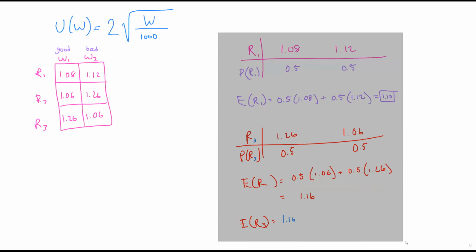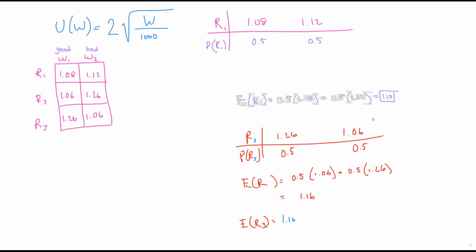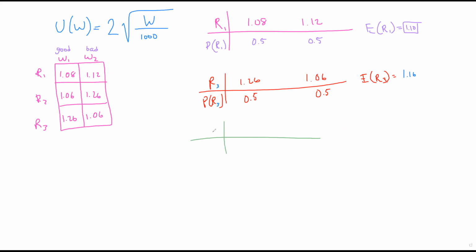Let's get rid of all this. Part B, show that the standard deviation of R2 is equal to the standard deviation of R3. Okay, so now we want to find the standard deviation. So I probably shouldn't have deleted these. Let's go and find these standard deviations. I'm just going to clean things up a bit to make my tables easier to work with. Okay, let's start with the expected value. Remember, the way in which we create a standard deviation table is by doing R3 minus this expected value